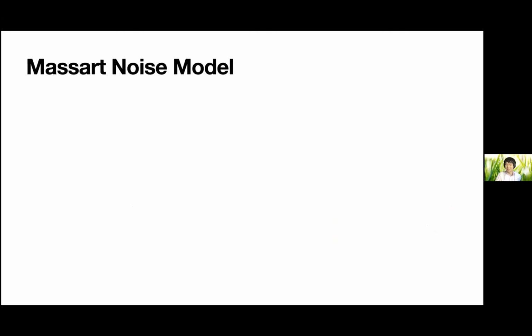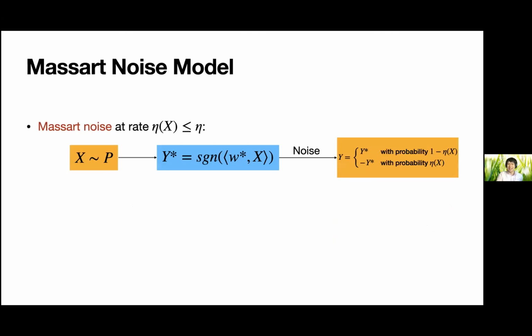So what is this model? It's a lot like the random classification noise model, but it changes this one part: the noise level can now depend on the example. As you can see from this diagram, it's exactly the same diagram as for RCN, except instead of a fixed flip probability eta, there's a general flip probability eta of x. This is allowed to be a totally arbitrary function, arbitrarily complicated, as long as it's upper bounded by the fixed constant eta. And eta will still be a number that's less than 1/2.